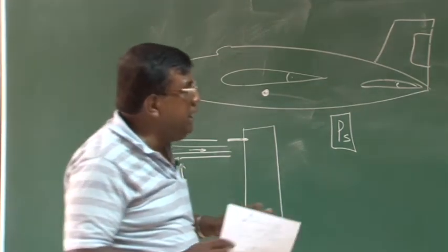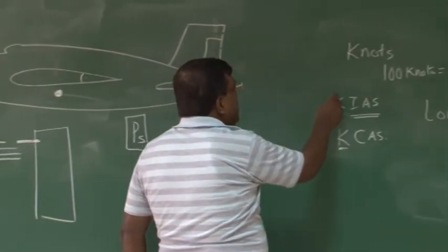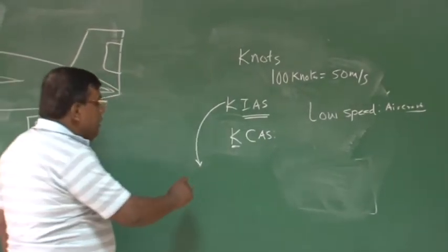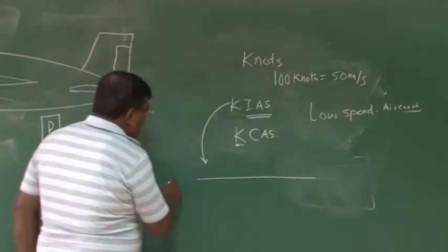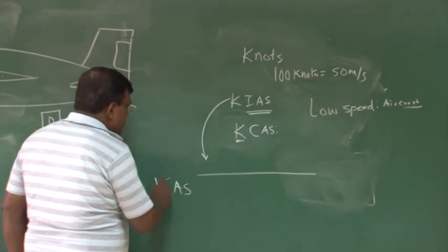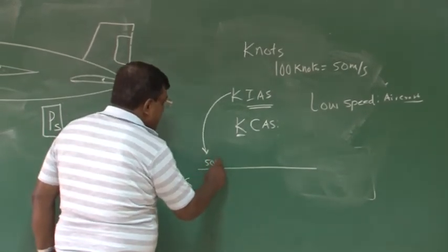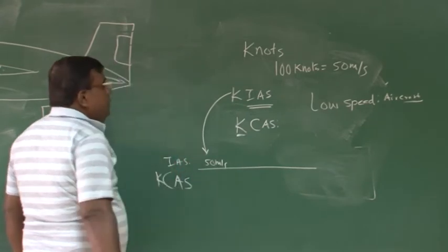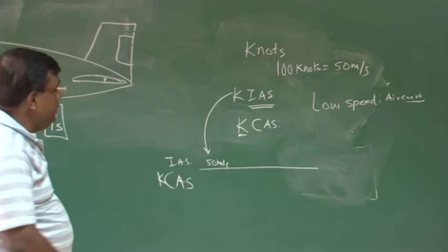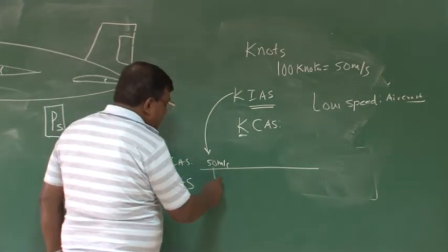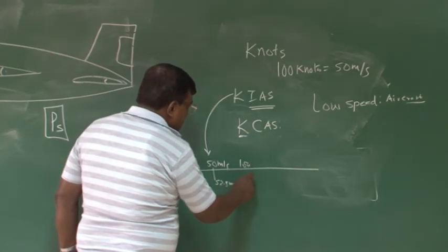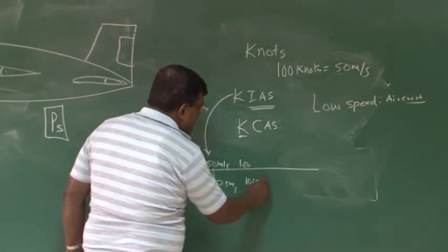That is, whatever you are reading in the KIS on the airspeed indicator, there will be a chart, calibrated airspeed. So suppose this is 50 meter per second IAS, what you are reading from your airspeed indicator, it will give, please read this as 52.5 meter per second. Suppose it is 100, there will be something like 103.6 meter per second.